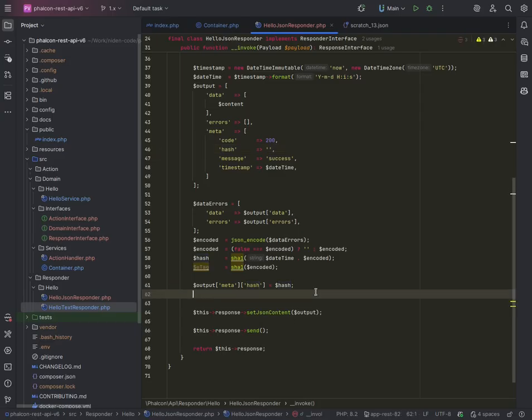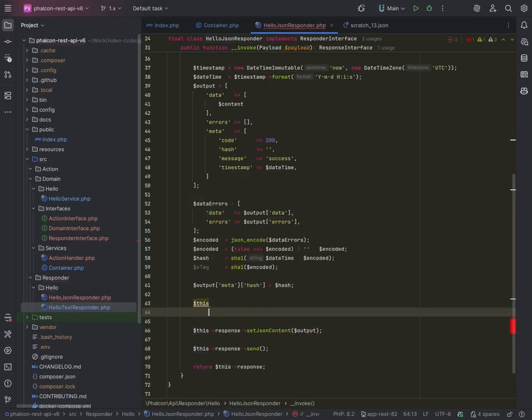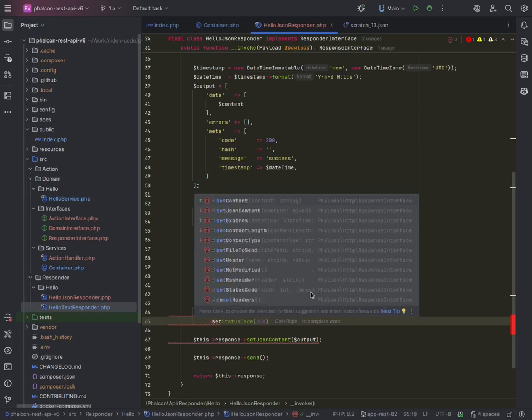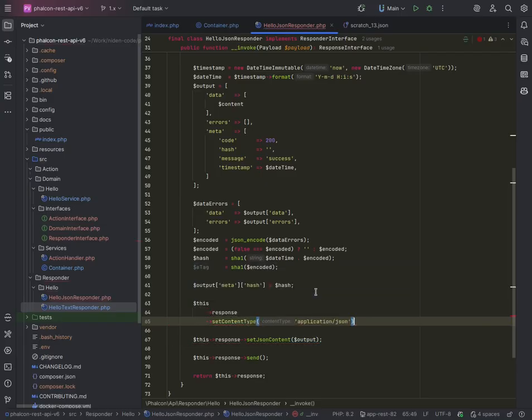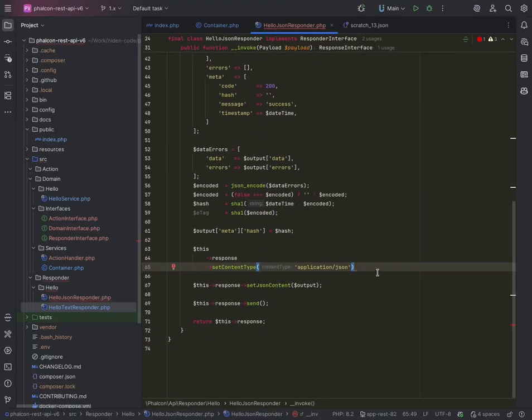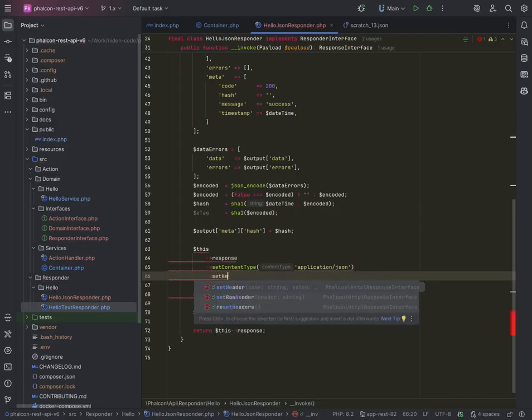And now what we need to do is this response set content type application JSON. It's not necessary to put that because we're using set JSON content, but I like to do that. And then of course set header